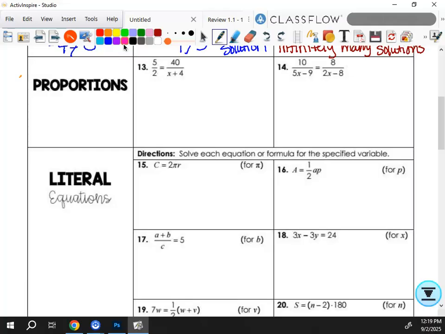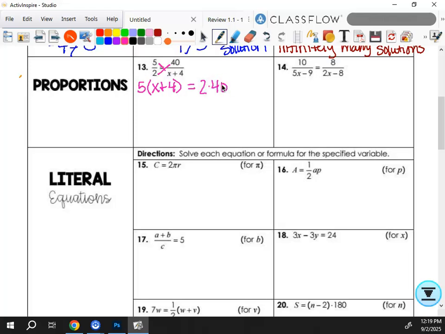I'm going to cross multiply, so I'm going to multiply 5 times x plus 4. But if you ever have anything that's more than one term, you need to put it in parentheses. I also highly, highly suggest that you just write it down and don't actually multiply. Even though it might be easy and you're very capable of it, that's where your careless mistakes happen. And then that's equal to, then I'm going to go this way, 2 times 40